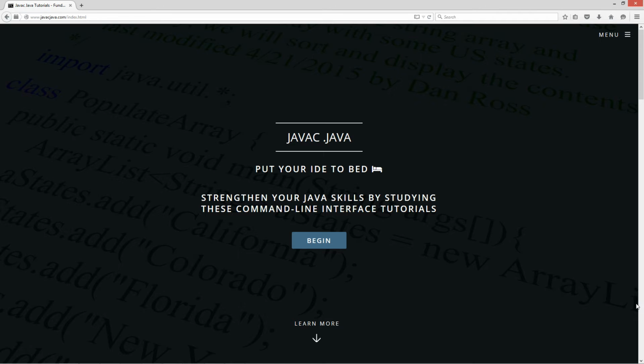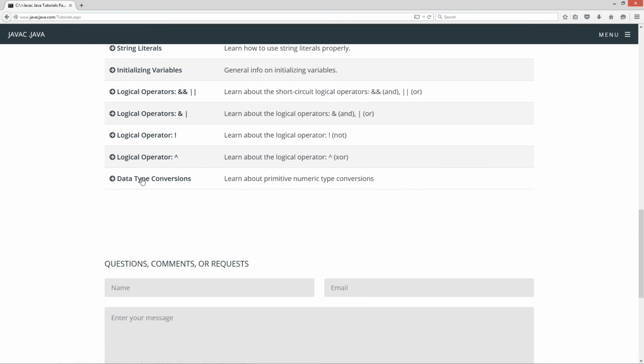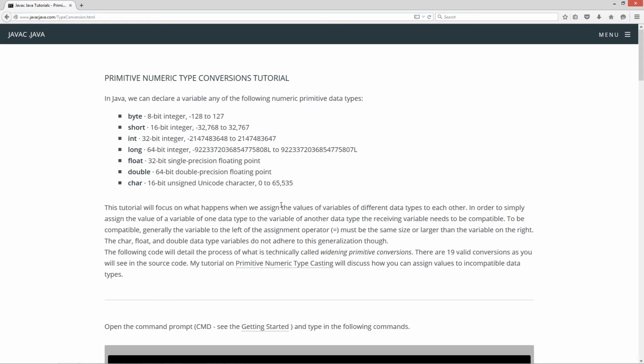I'm going to open up my website here, javacjava.com, and I'm going to hit the begin button. And this will take you to the list of the tutorials I've made. We're going to go down to data type conversions, click on that, and we're going to talk about the primitive